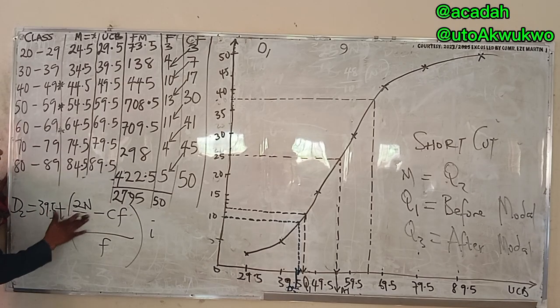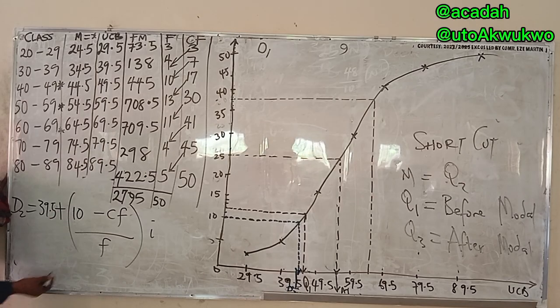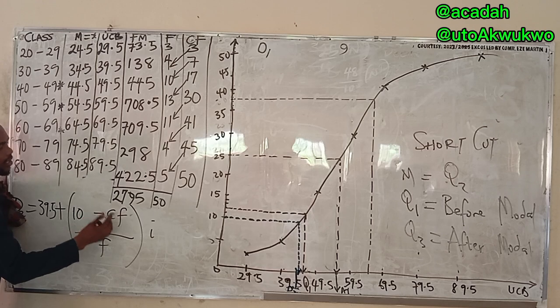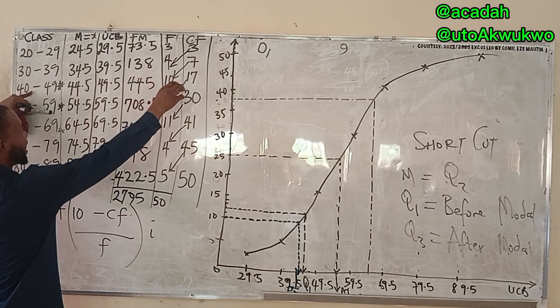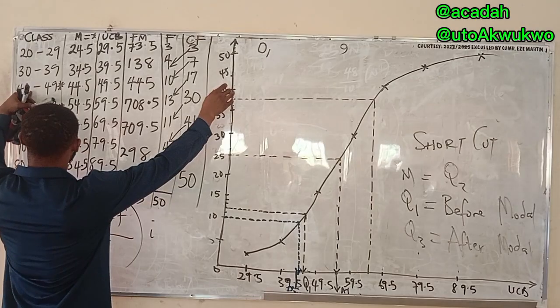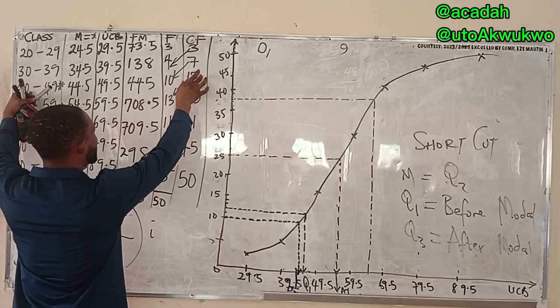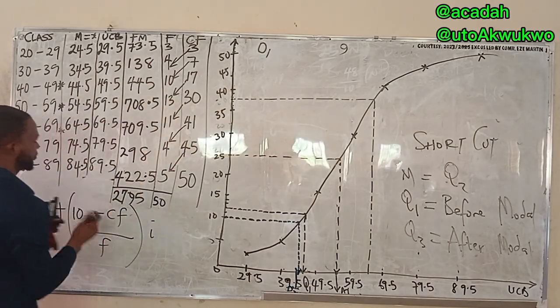And 2n over 10 gives us 10. Yes, because it's 2 times 50, which is 100 over 10. Yeah, that's correct. So then the relative frequency of the class before that class, and this is the class. This is the class that has that type of thing. The relative is 7.